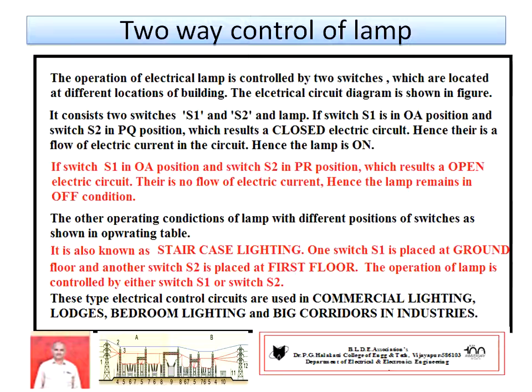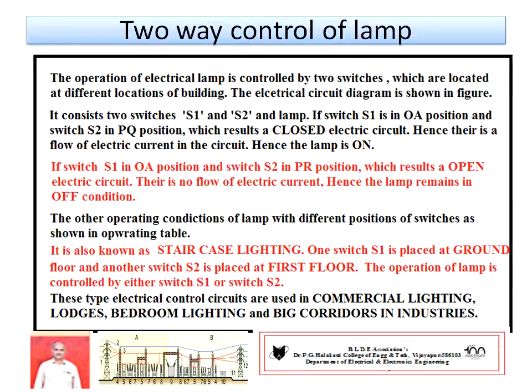Next, two-way control of a lamp. The two-way control of a lamp is an electrical circuit in which the operation of the lamp is controlled by two switches. These two switches may be placed at different locations in the building. It mainly consists of switch S1 and switch S2. These are two-way switches, connected with the lamp, and the electrical connections are as shown in the circuit diagram.